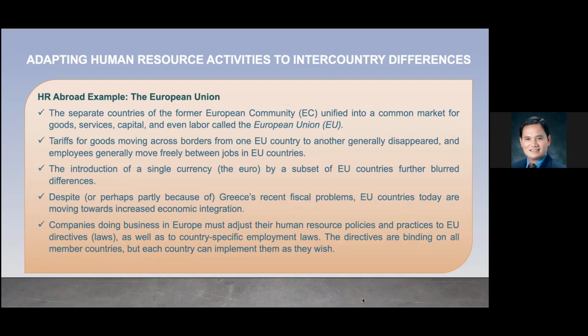Tariffs for goods moving across borders from one EU country to another generally disappeared, and employees generally moved freely between jobs in EU countries. The introduction of a single currency, the euro, by a subset of EU countries further blurred differences. Despite, or perhaps partly because of, recent fiscal problems, EU countries today are moving towards increased economic